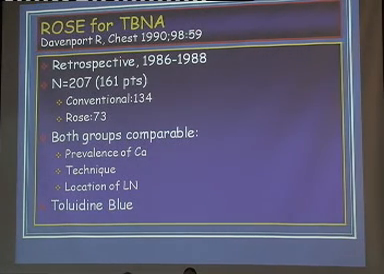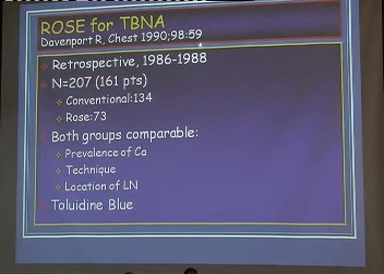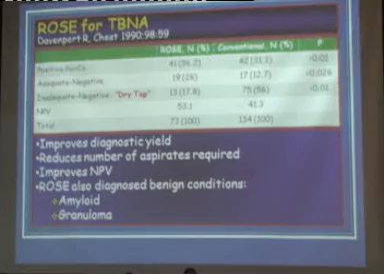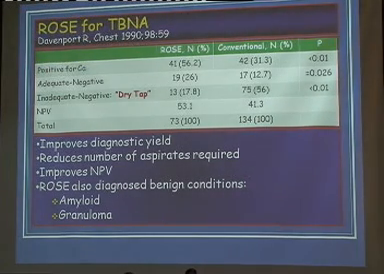ROSE for TBNA. Who started all this business? Dr. Davenport. He was very much interested in looking into the benefits of ROSE for TBNA. It was already being used for percutaneous needle aspirations and so on and so forth. His retrospective analysis over the period of 3 years: 207 patients, 207 lymph nodes, 161 patients had conventional bronchoscopy in 134, and 73 patients underwent rapid on-site cytological examination. Both groups had comparable prevalence of cancer, technique was equally the same, location of the lymph node was the same, and they just used toluidine blue to do rapid on-site cytological examination, and voila, you see what a big difference